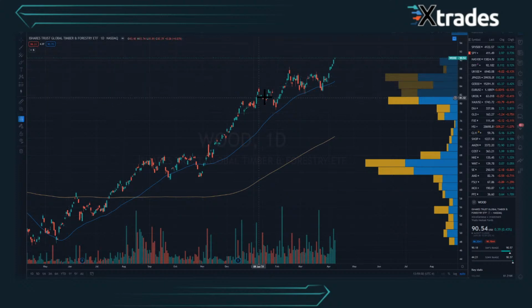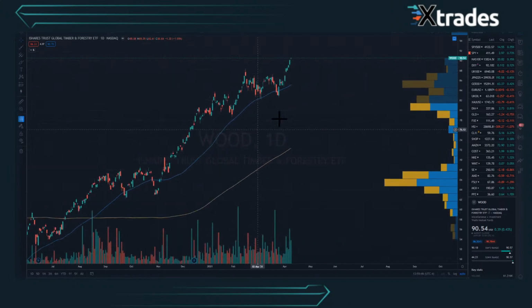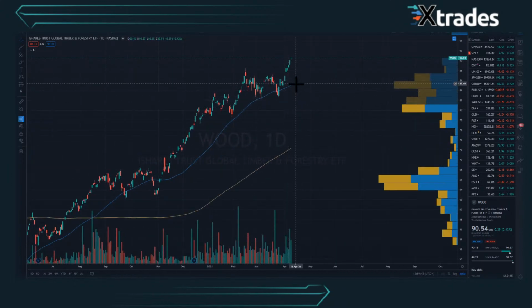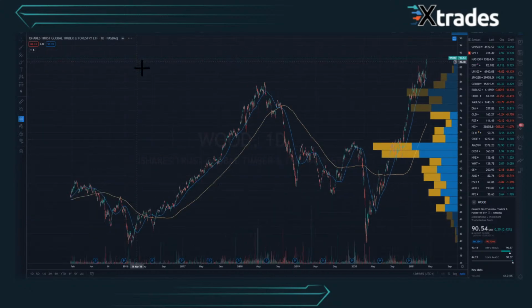Yeah, this looks really bullish. But honestly, I would prefer to play a long position. I want to see that 50 MA retrace back down, and this definitely looks like an all-time high to me. So